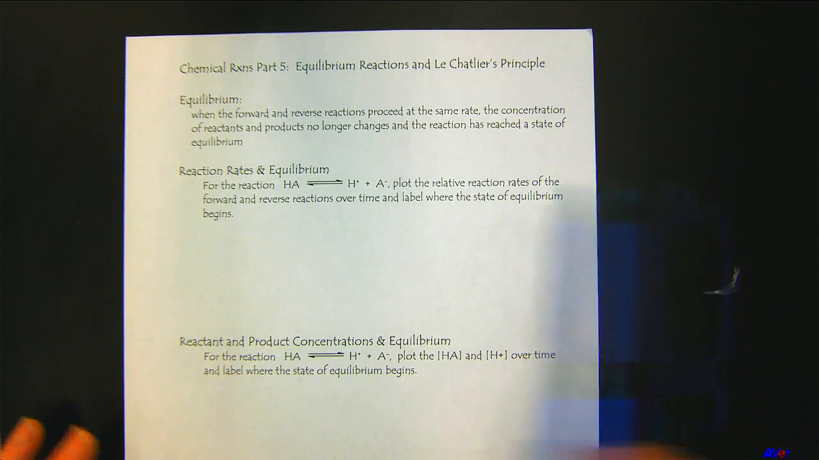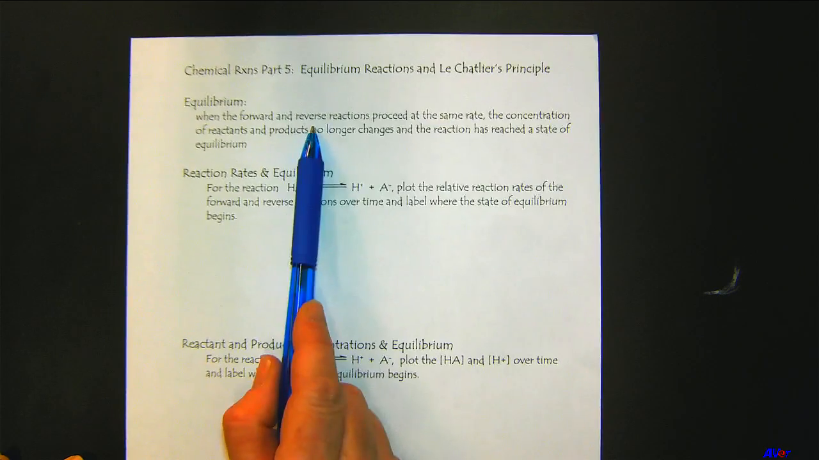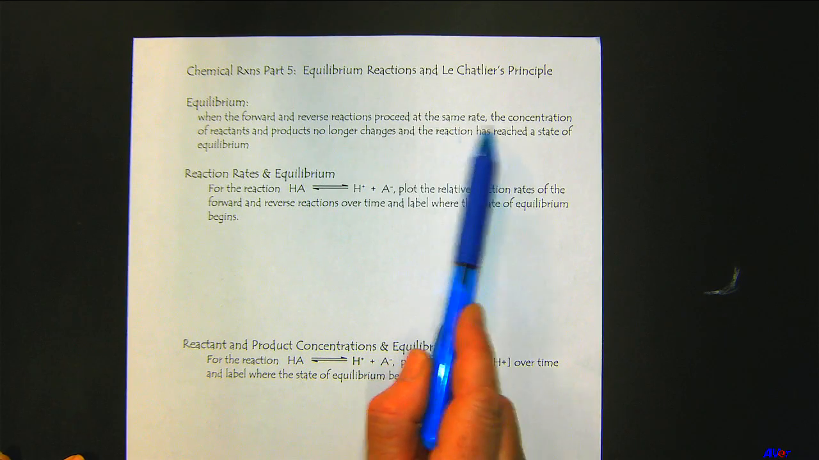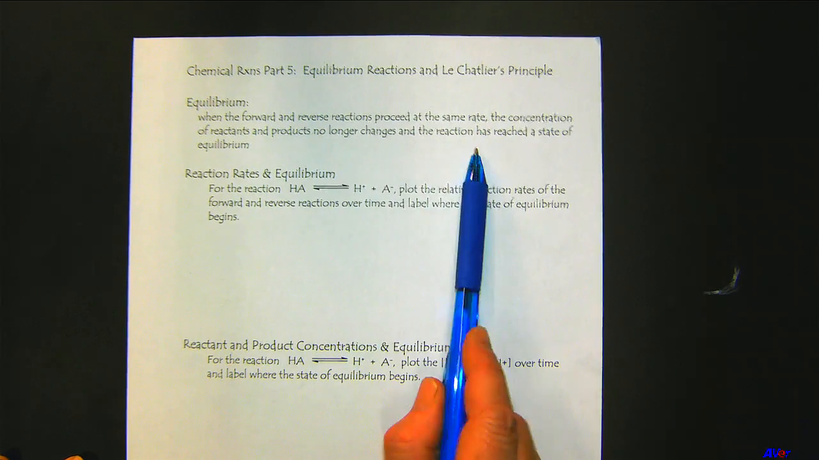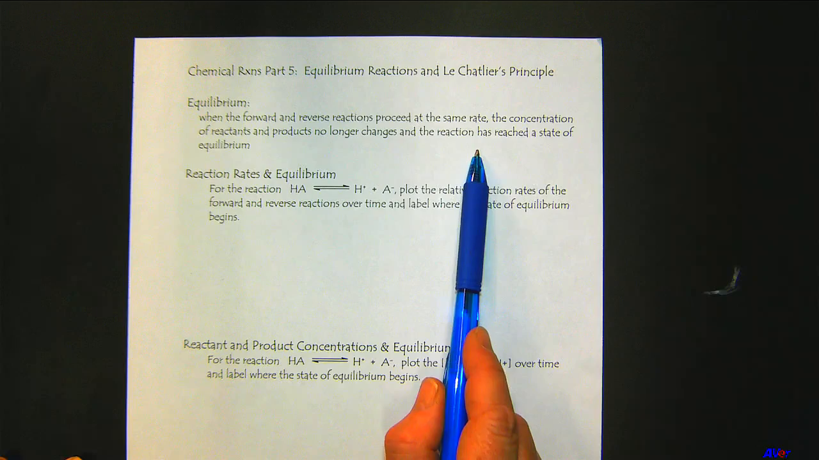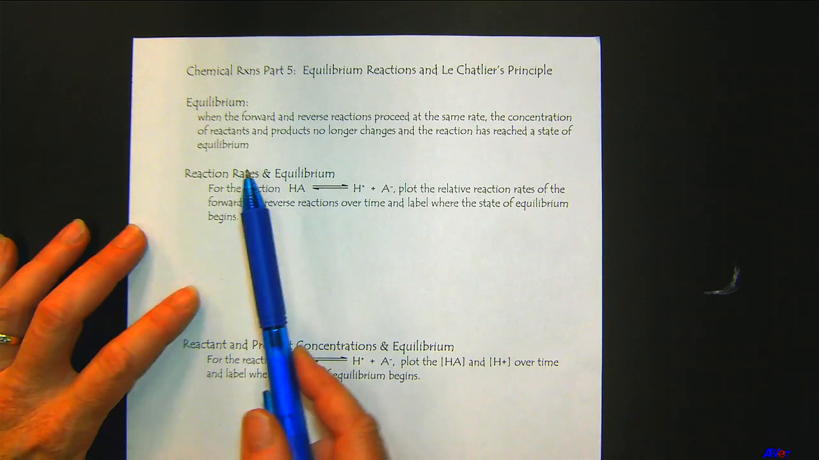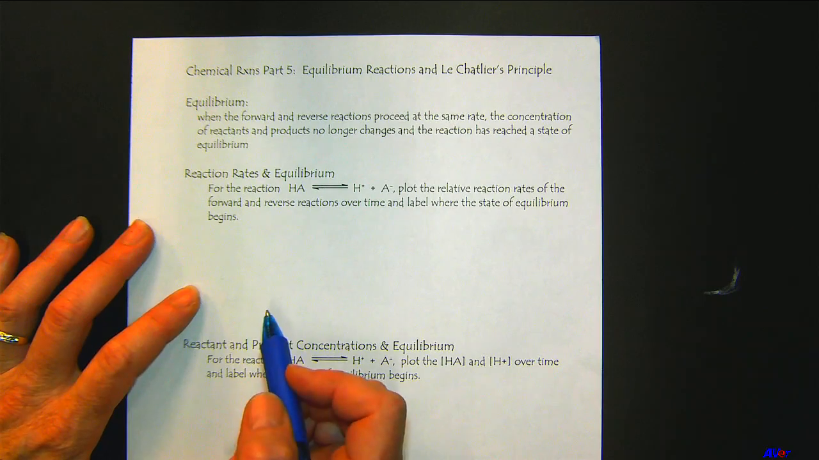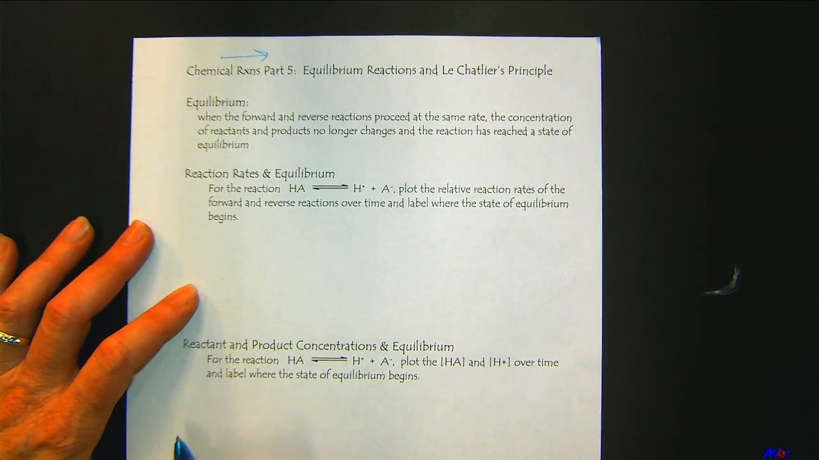Let's get started. Equilibrium is a term for when the forward and reverse reactions proceed at the same rate. Then the concentration of reactants and products will no longer change and the reaction has reached a state of equilibrium. Before this chapter, we were just looking at reaction arrows where we said that it went